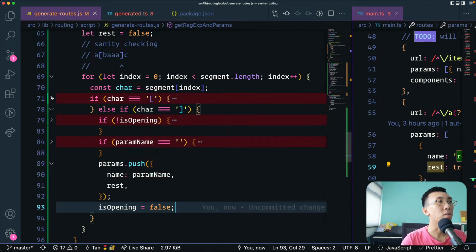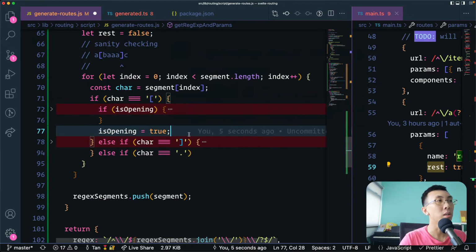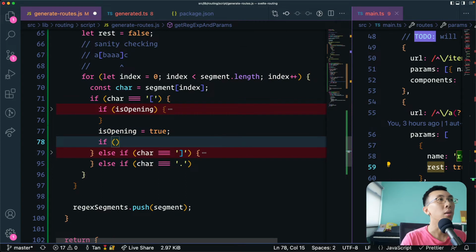So here, if it's not an open character and it's not a closing one, then else if the character is, let's see, there's a few more characters that are possible. The dots and other characters. I think for dots, we can handle a special case. So it's opening here already, then we also check if the next character immediately is